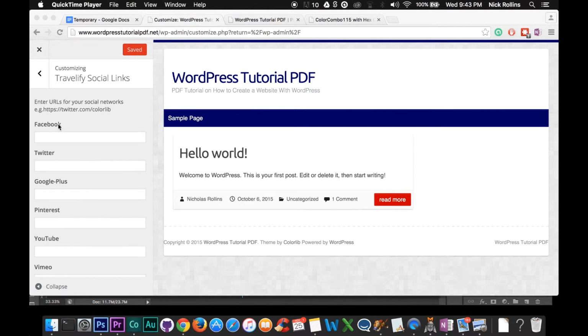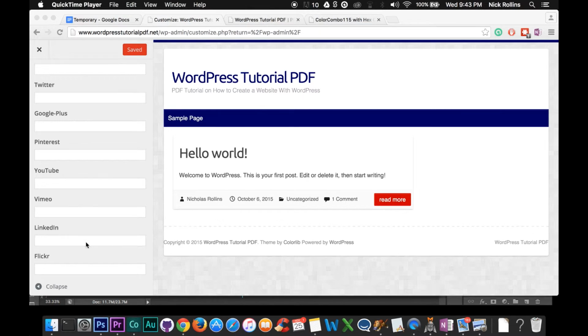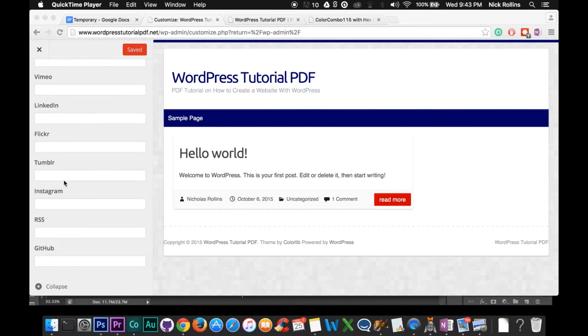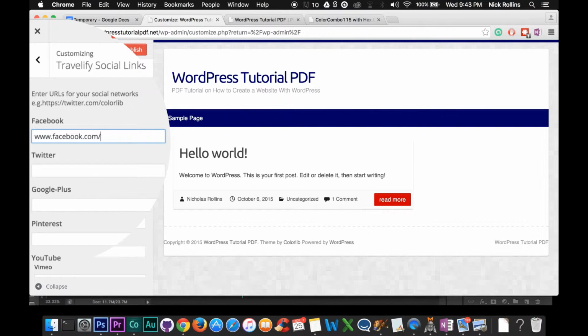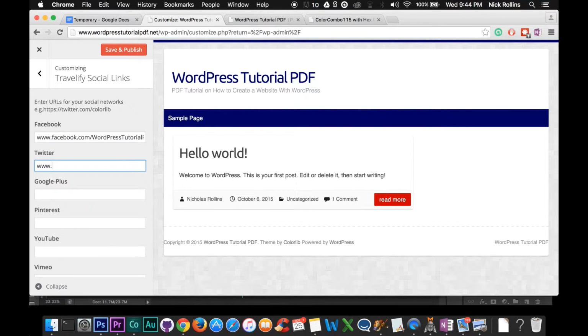Now if you have social media accounts for your website, you can add the URLs to each of these accounts here, and what this will do is create some icons right here on your site that your users can click on to visit your social media pages. We don't have anything set up, but just to show you what they'll look like, we'll go ahead and add some URLs here for Facebook,